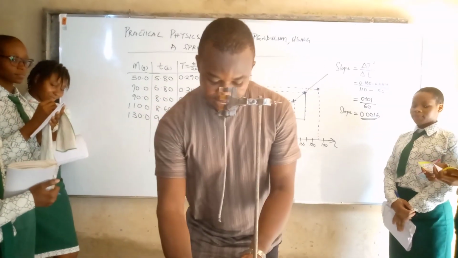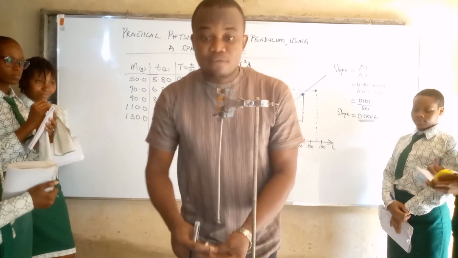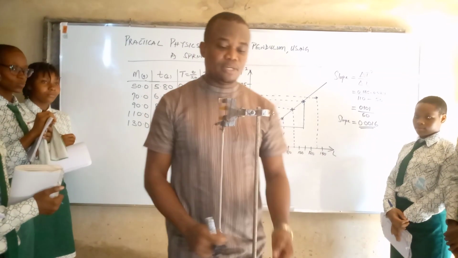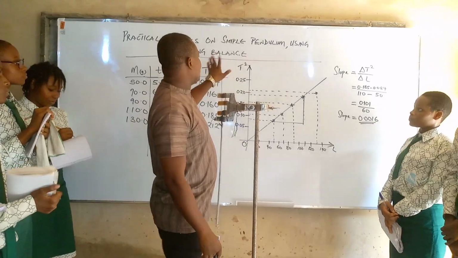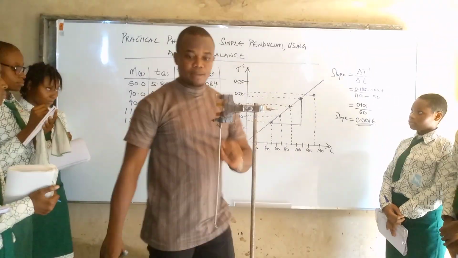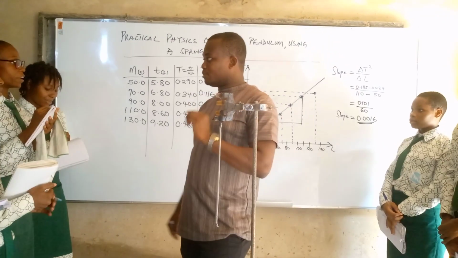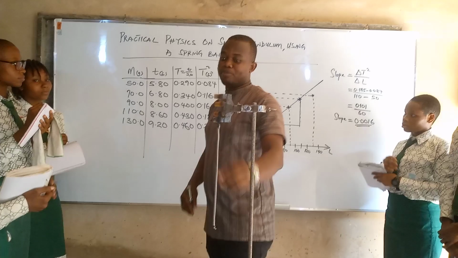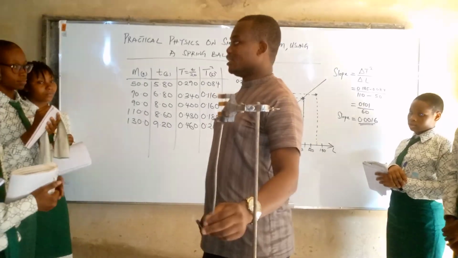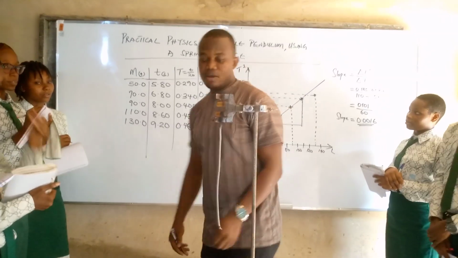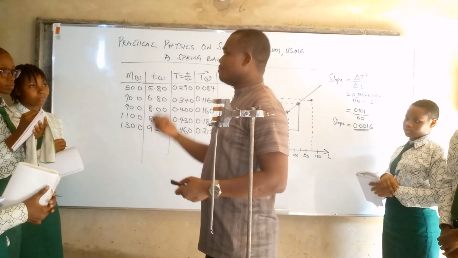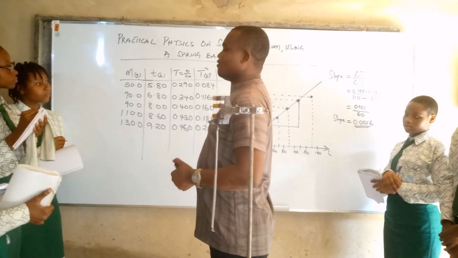All right, today, just because of time, we would take another phase of simple pendulum. This time around, using a spring balance. Now, because the spring balance isn't available, we have to get a spiral spring. A spiral spring. Now, this spiral spring also works on the same tenacity as that of the pendulum bulb we